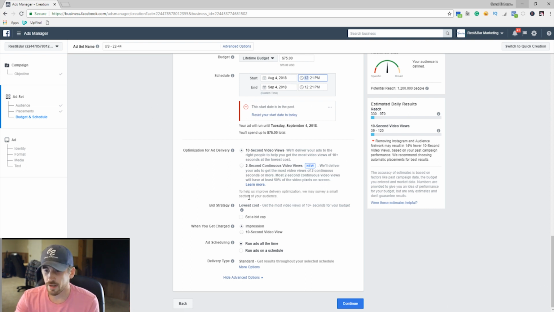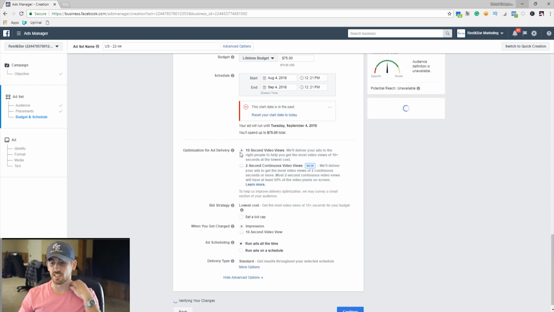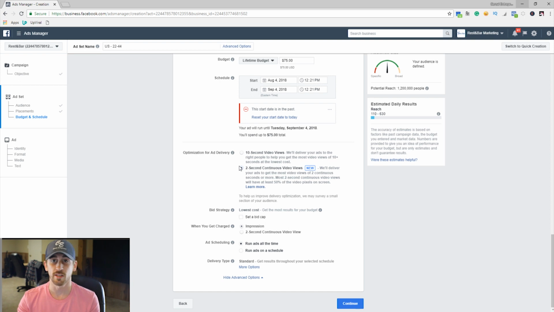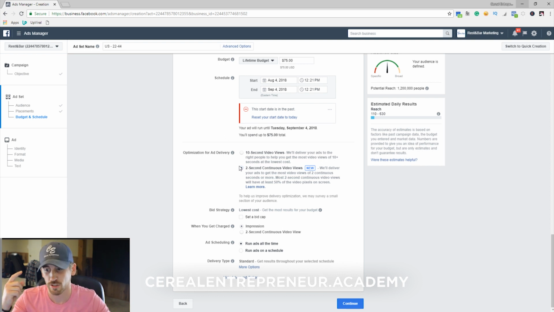All right, now the next thing you need to do is set up your optimization for delivery. So 10-second video views or 2-second video views. Essentially, what this does is Facebook looks at this metric and says, how are we going to optimize this video? Who are we going to send this video to next? You can either optimize for 2-second continuous video views, meaning they watch the video for 2 seconds. And then Facebook will send more ads to people who are likely to at least watch the first 2 seconds